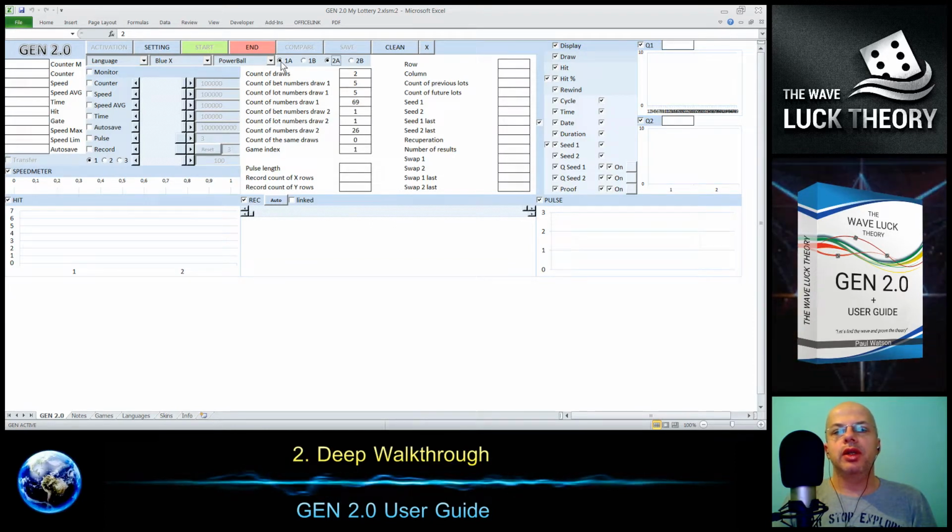For today I'd like to keep mode A for draw 1 and mode B for draw 2. Even though it's recommended to keep the same mode for both draws, and actually I prefer that you use mode A as it's closer to the real lottery. But you can also test mode B and maybe you might be surprised with nice results. So we are ready with the mode, and now we need to set up the pulse length.